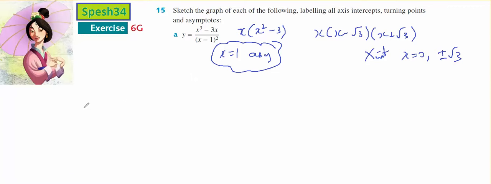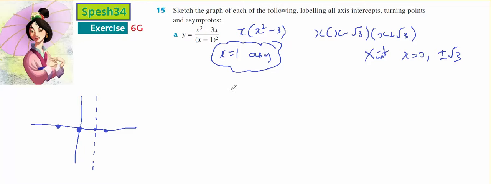So there's a couple of things I know about my graph so far already. At 1, I have an asymptote. I have an x-intercept at 0. Root 3 is about 1.7, so at positive root 3 and at negative root 3. Okay, because I have a cubic divided by a quadratic, I'd like to do a polynomial division to put it